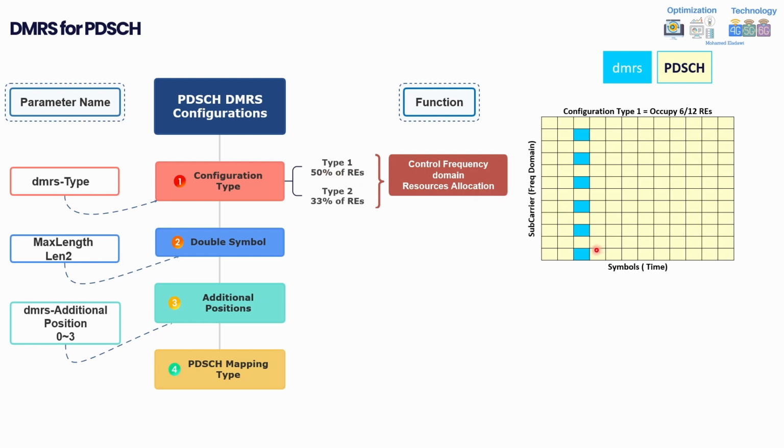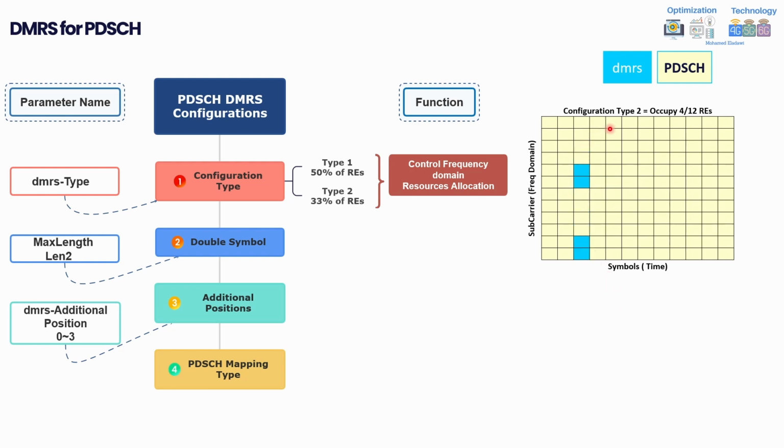There are more details about this part, but the key point is that the denser the resources here, the more accurate the channel estimation, because you are giving the UE a chance to measure the majority of the band and so on. That's why it gives more accurate feedback compared to less dense resources. So this is the first type. There are more details here. For example, the more you increase the REs, the more you decrease something called frequency multiplexing scope, and even code division multiplexing. I will cover this in detail in the next slide, in case you want to understand more about this part.